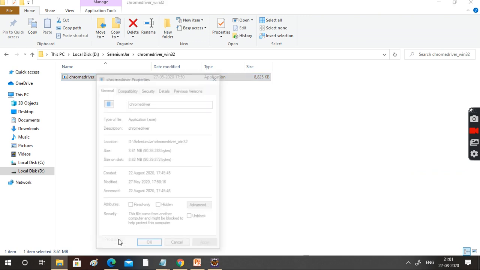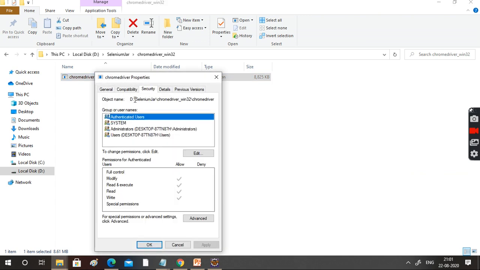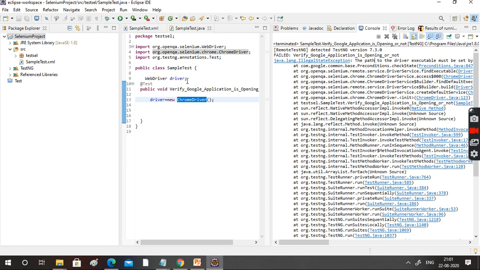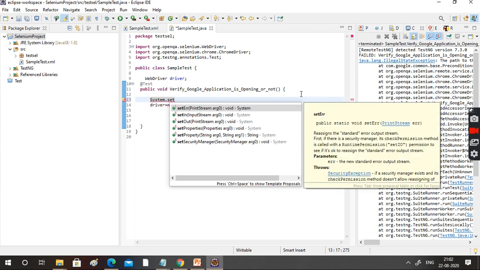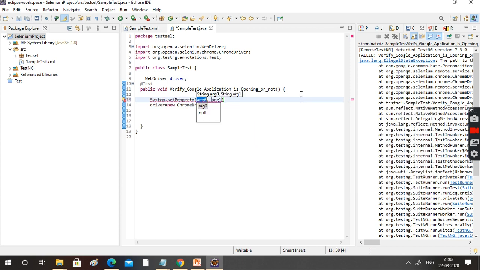Just right click, go to Properties, and copy the whole path. Right click, copy. Okay, fine. System.setProperty webdriver.chrome.driver.